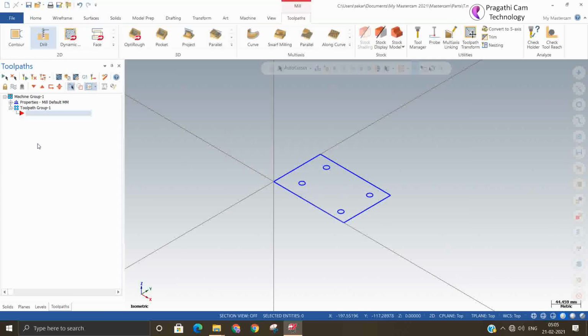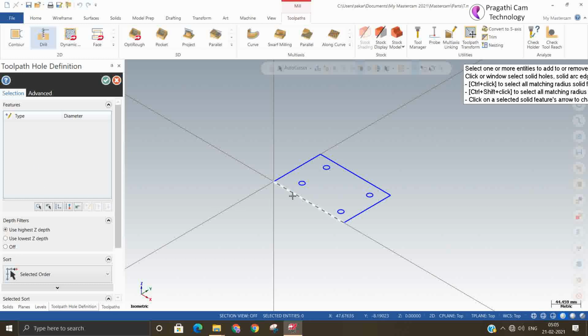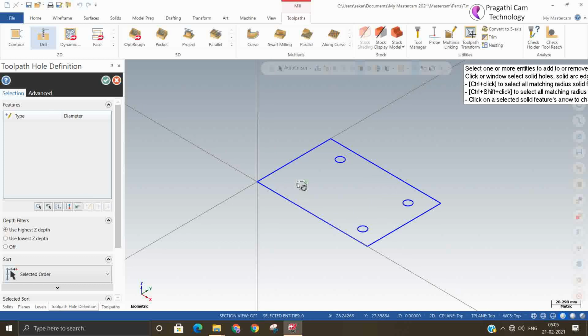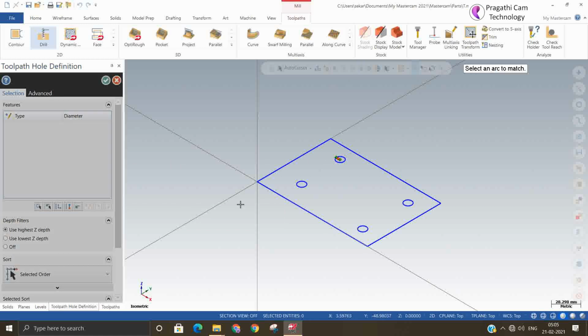We can also select individually, but sometimes it will pick the quadrant point instead of the center, so there will be chances of error. That's the reason it's better to go mask on. For small drills this is the best option.